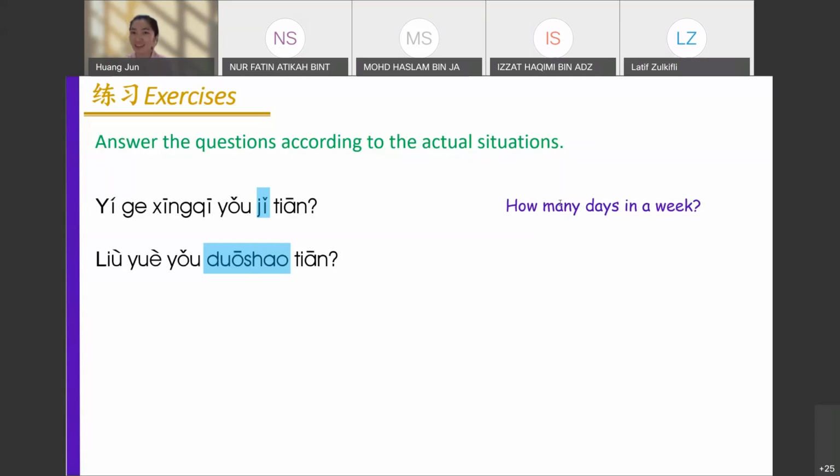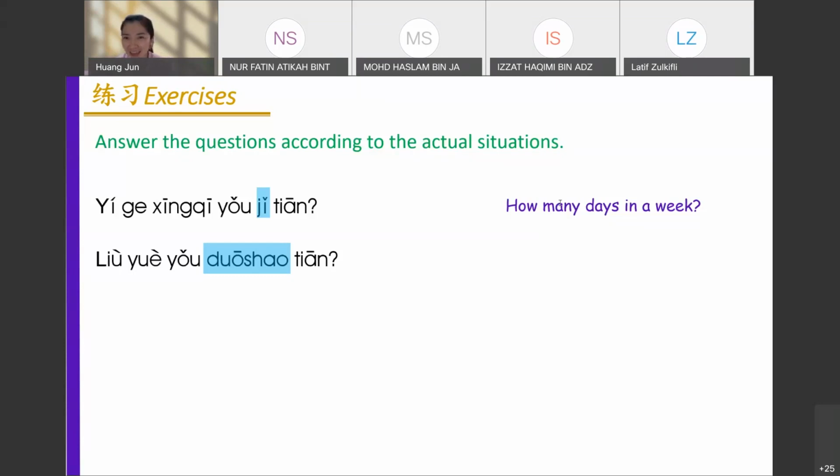This is like a reading test, but think of it as the question bank for the oral test. If it's an oral test, I read the question to you twice only. I just ask you 6月有多少天 the first time. Then I continue 6月有多少天 the second time. So you have to answer me. That's why I told you to practice more.